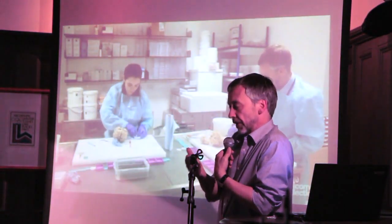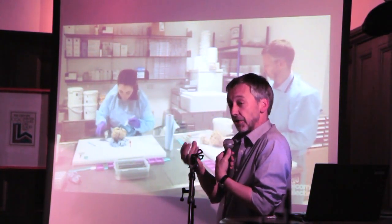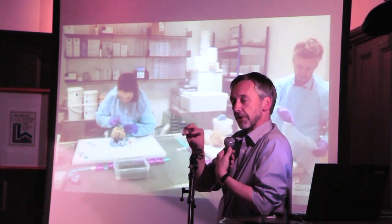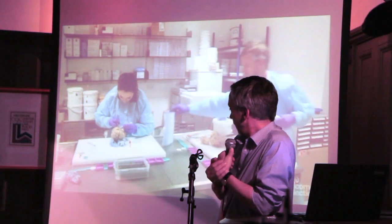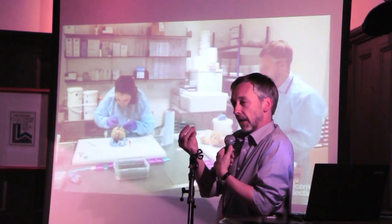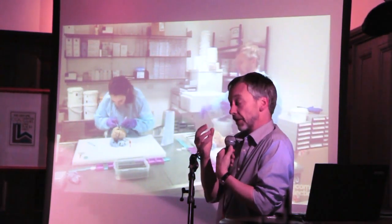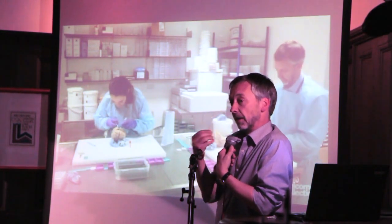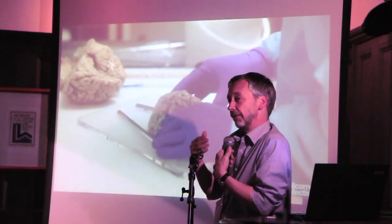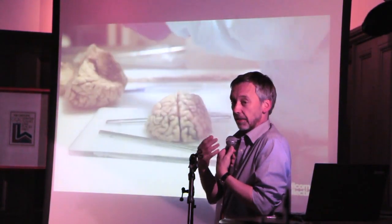And immediately I'm going to start looking at those cut surfaces for signs of any pathology, any tumours, any stroke. With multiple sclerosis, you're looking for discoloration of parts of the brain where the pathology is, in the white matter, where the nerve cells have lost their insulation. And because they've lost that insulation, they don't function as well. Because MS is a random process, the presenting symptoms of multiple sclerosis can be very, very varied. And it's really only after you've had two separate episodes that the neurologist is likely to come up with MS